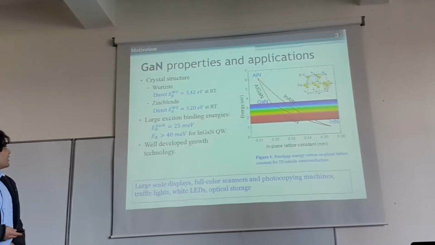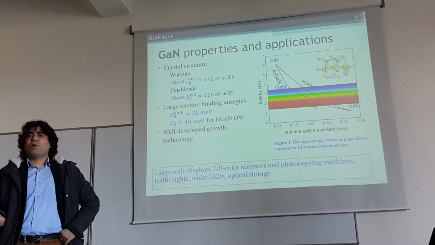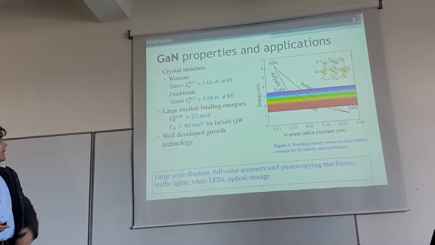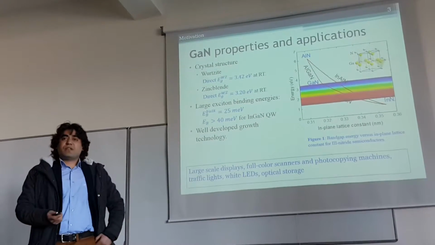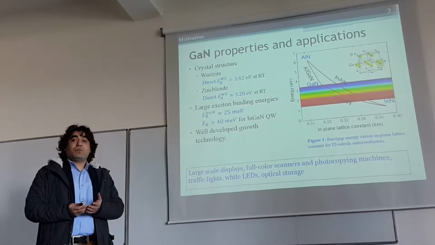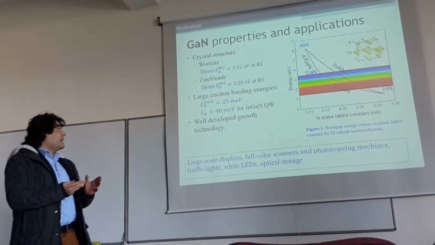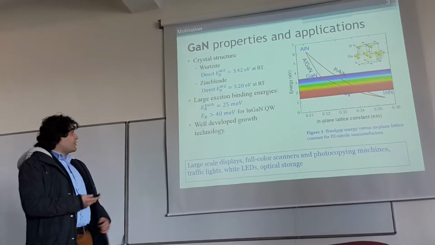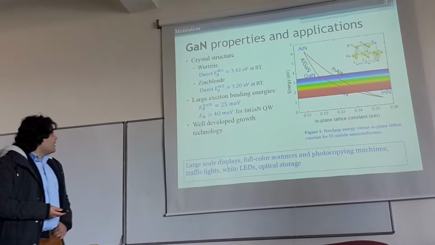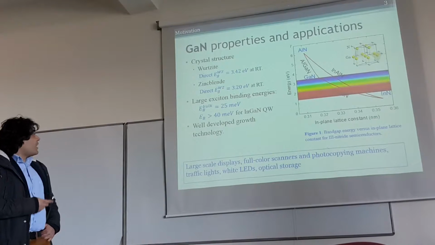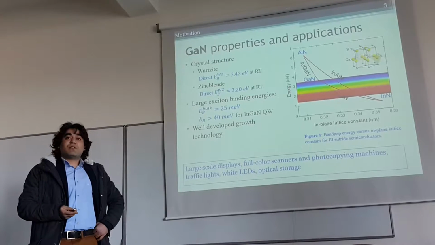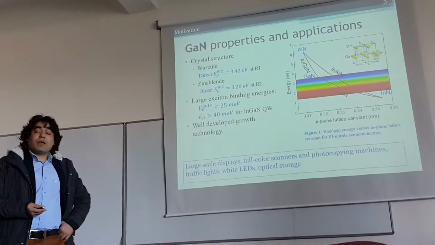It has a large exciton binding energy in bulk. It is 25 meV, which is very close to room temperature thermal energy. An exciton is a quasi-state of an electron and a hole, which are attracted to each other by Coulomb interaction, and they freely move in the crystal, which is very important for efficient light emitting diodes. And its binding energy increases to 40 meV when we make two-dimensional structures like quantum wells, and also